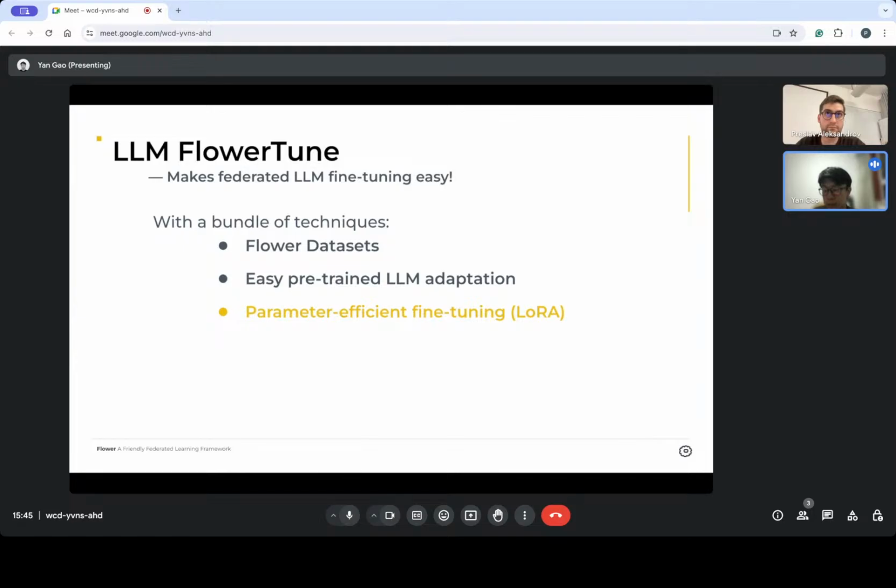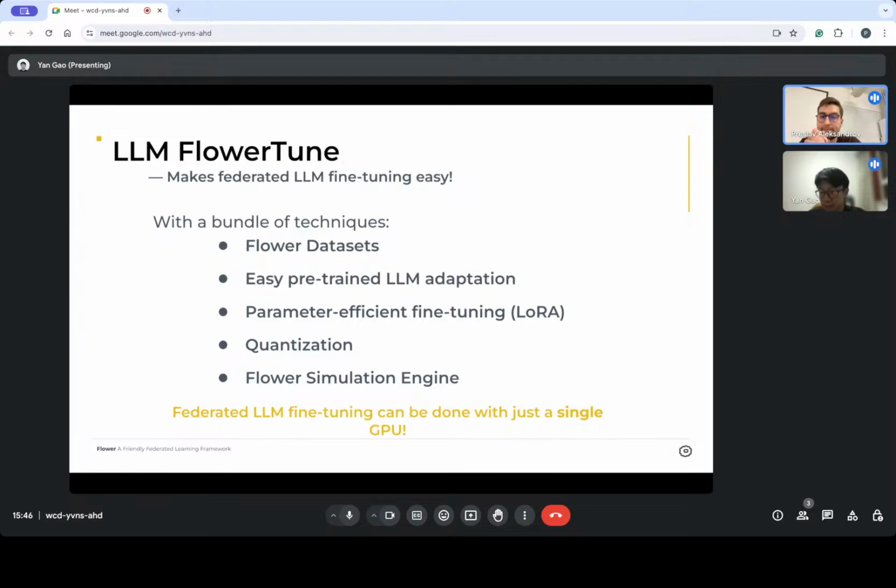We also adopt parameter efficient fine-tuning, the LoRA technique as we mentioned before, and we use quantization during training for further speed up. In addition, with the Flower simulation engine, we are able to efficiently make use of computer resources to do FL simulation. All of these come together to make LLM federated fine-tuning possible on just a single GPU.